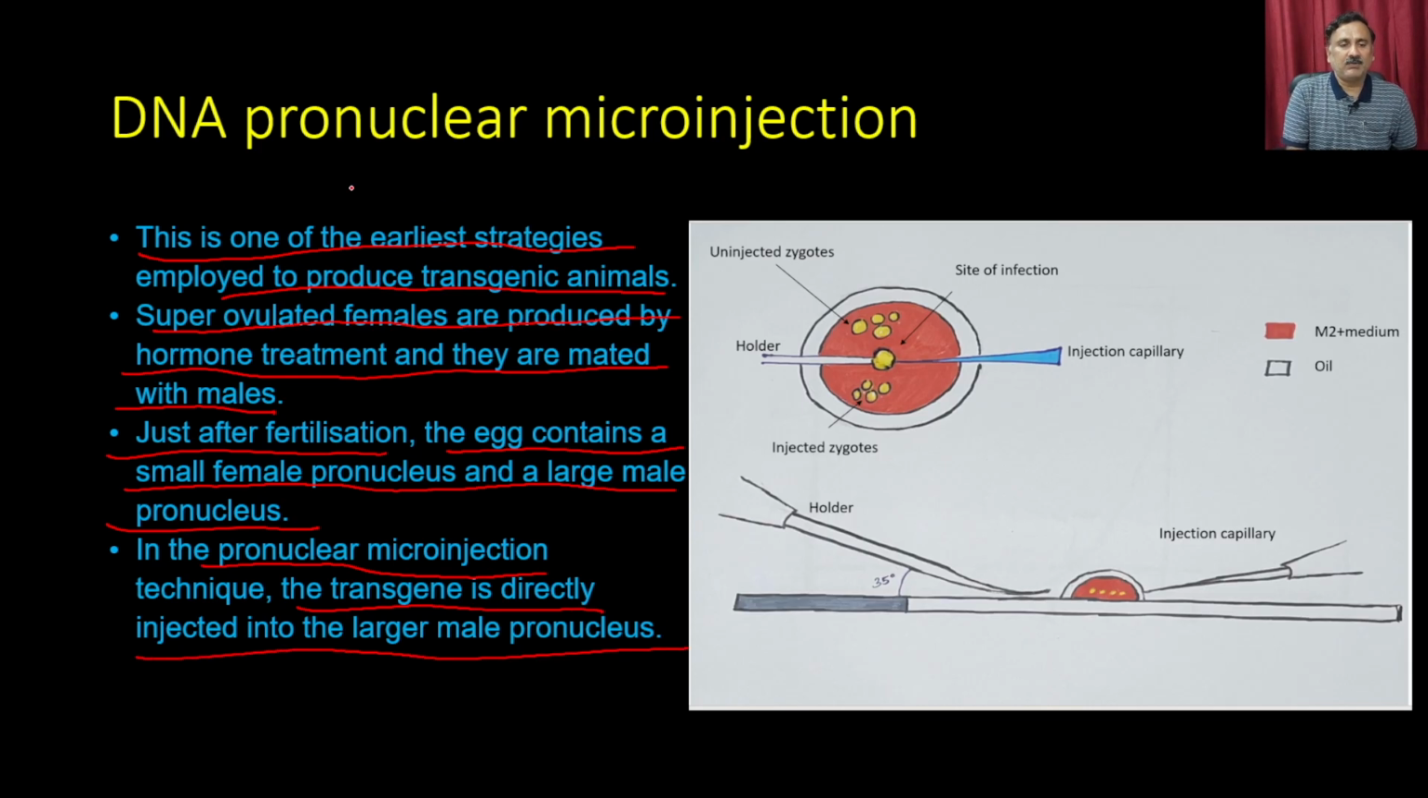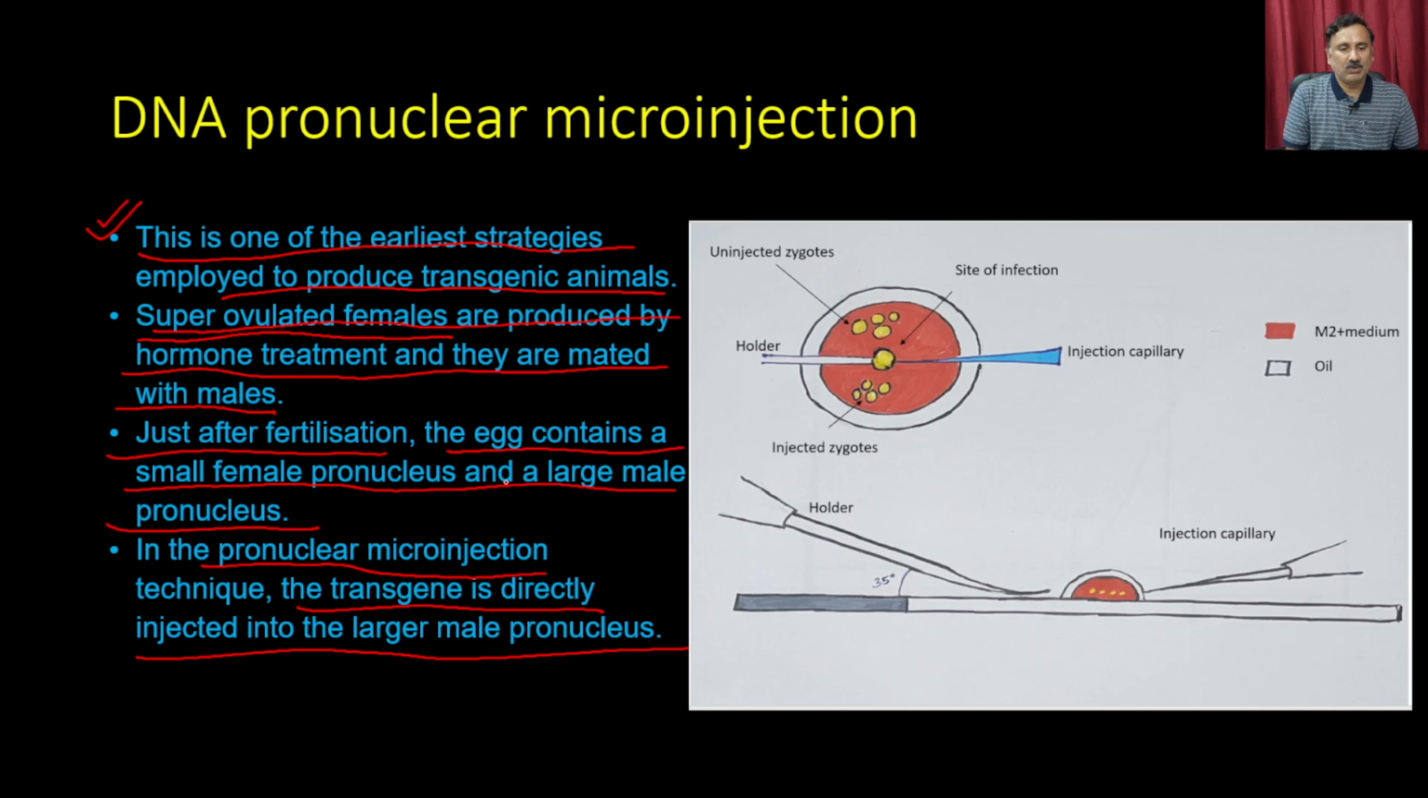Okay. So, this is a very simple technique where you take the super ovulated female. This means you inject the female hormones in a large quantity, so that the females produce a lot of eggs, and then you allow these females to go for mating. After the mating, there will be eggs which contain the female pronucleus and